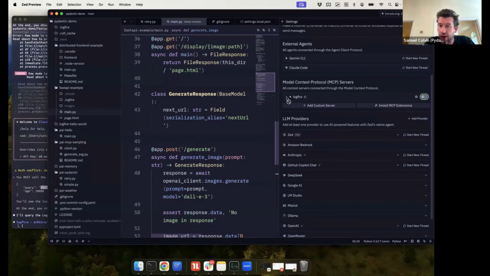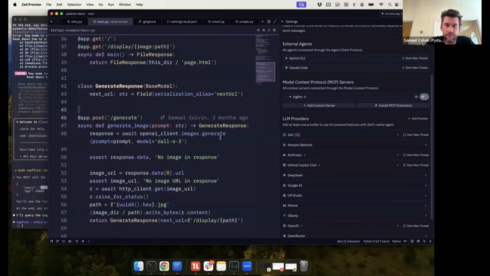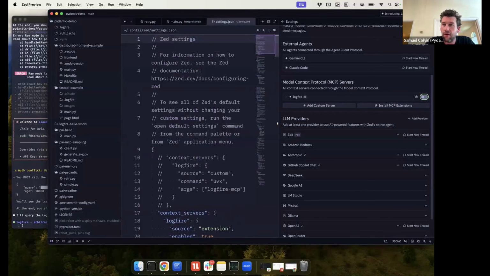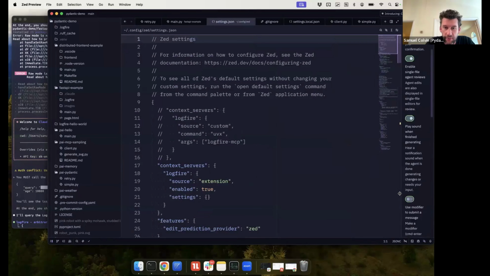So I have Logfire's MCP server connected, and if I turn it on and the gods are with me, this may not work. If I find Zed's support for MCP is not as sophisticated as it should be, but I was hoping that I would be able to show it with Zed as well, but